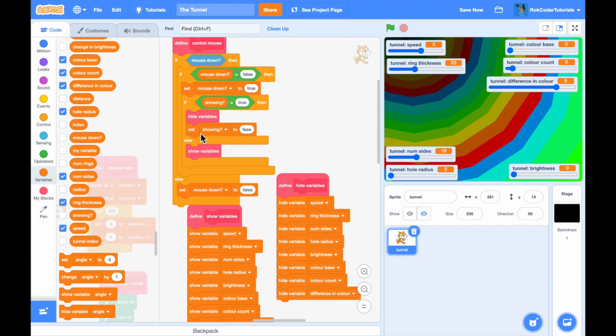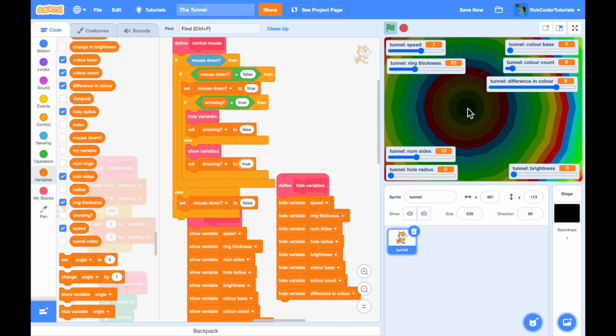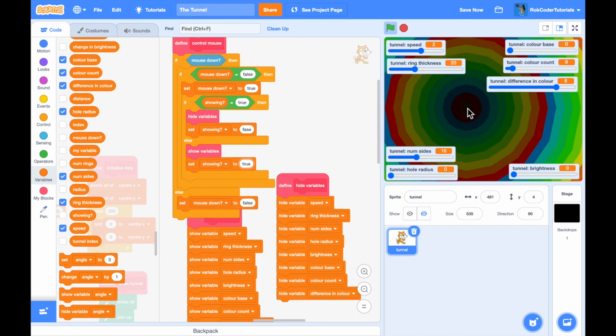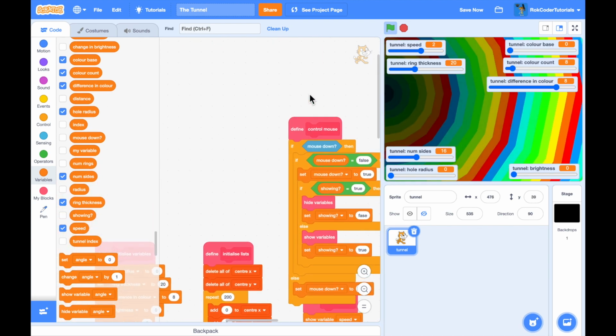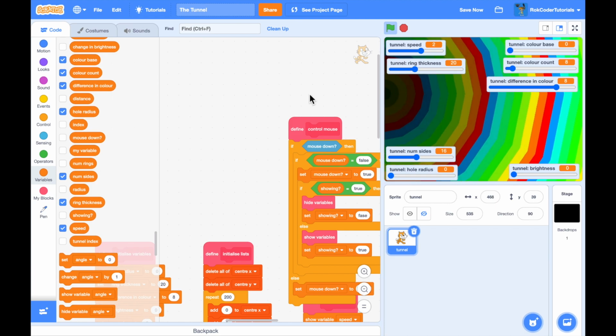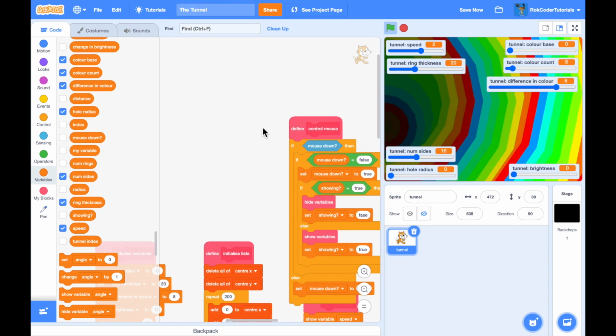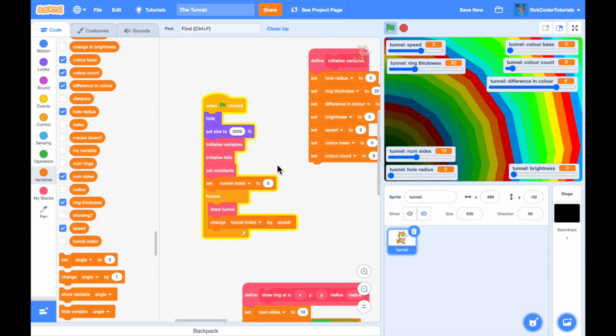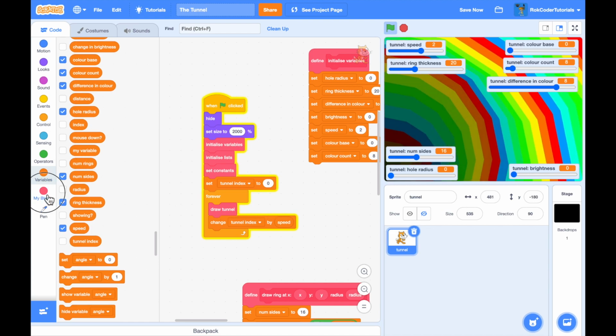And vice versa, if I'm showing them, it's now true. So that should allow me to tap on the screen and hide, or not hide them, if I remember to call the function. So in my main loop over here, I will need to control the mouse in here,